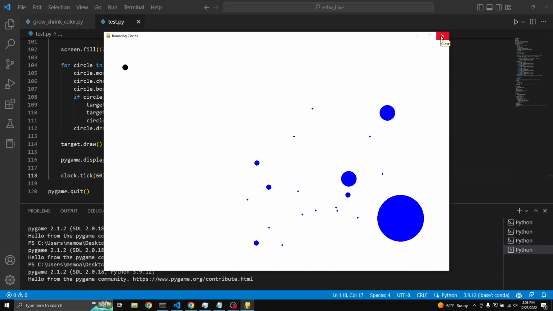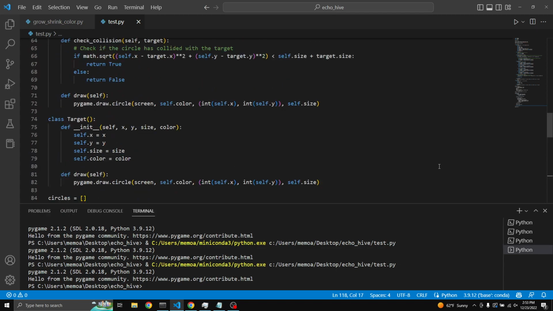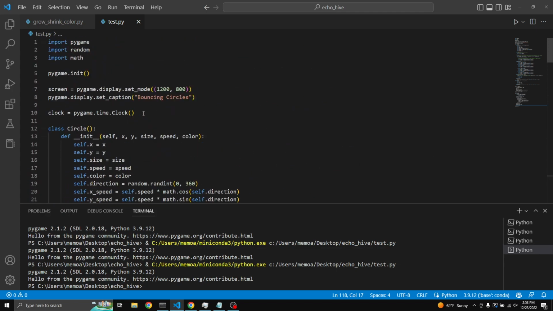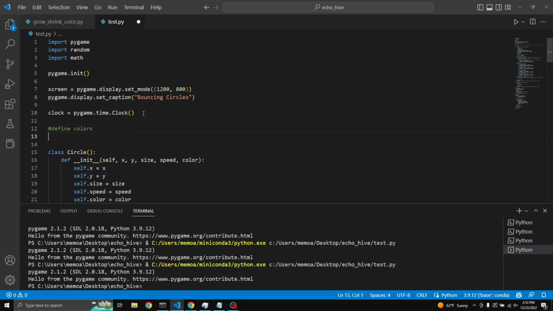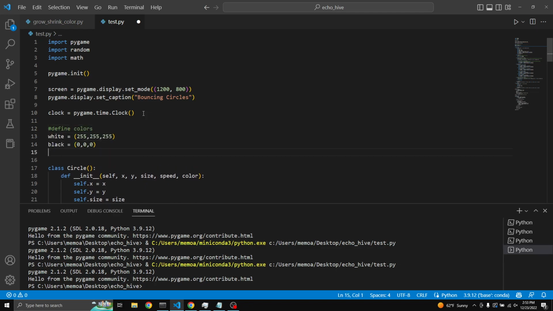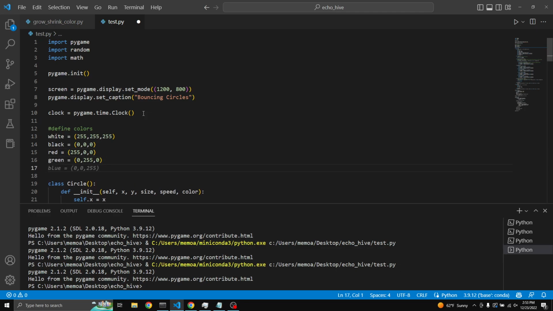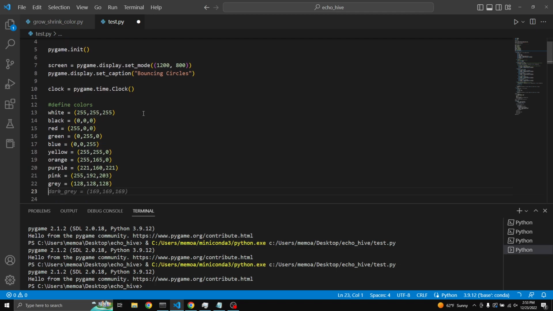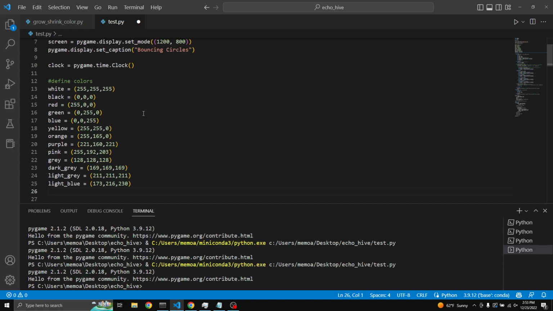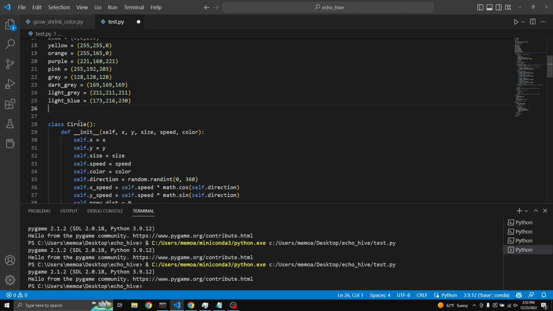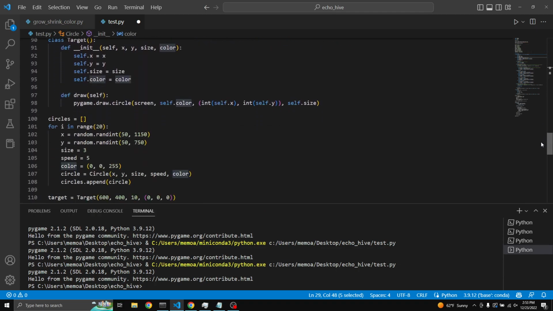Let's deal with the color next. For that, maybe in the beginning, we can define some colors, like define colors. Okay, this is Copilot helping us. Let's get some colors. Light gray, light blue. This should be good. All right. So what we want then, the circle already has a color property. So all we have to do is, I believe,